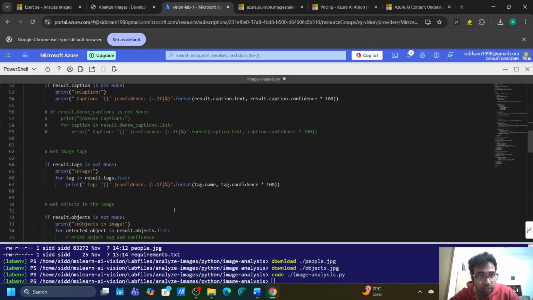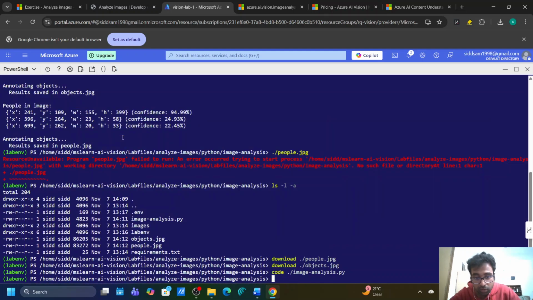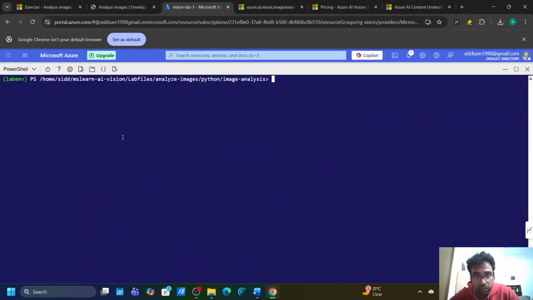And also this dense captioning here, the whole code. The reason is that when I uncomment all of this and save and run the Python file,